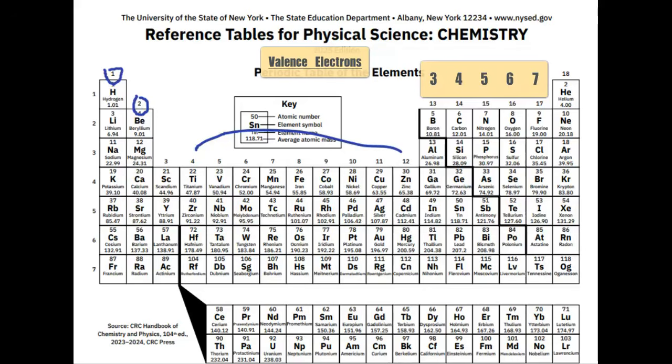Oxygen has 6 valence electrons. The halogens are group 17, with 7. And then finally, the noble gases. Now, helium has 2 valence electrons, and the rest all have 8 as far as outermost electrons. So it really goes by these top numbers or group numbers. For 13 through 18, just drop the number 1 in front and you have the number of valence or outermost